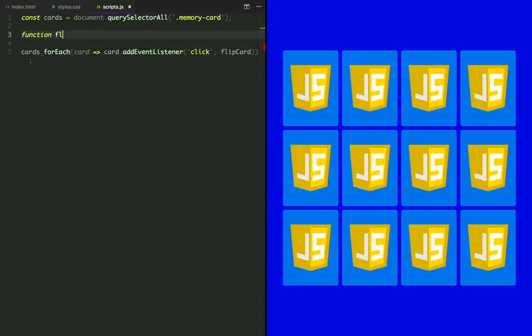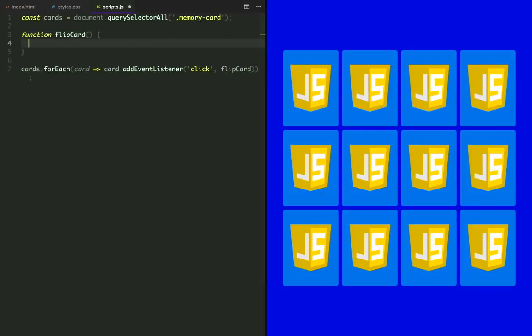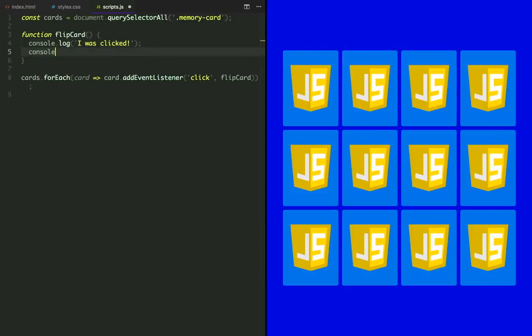Let's declare the flipCard function. And let's log a message to see if it's working. And let's also see what's inside the this keyword. Okay, because this value is dynamically set according to the context. So let's see in this context what our this keyword represents.